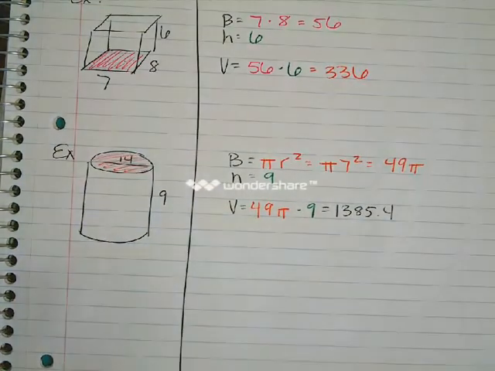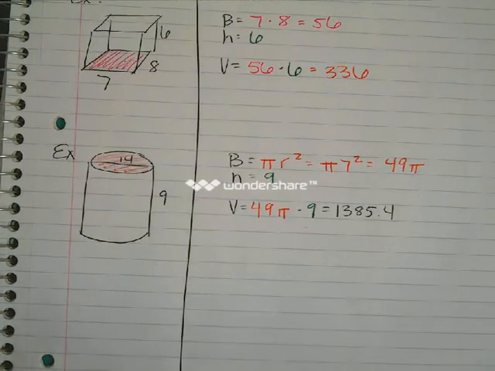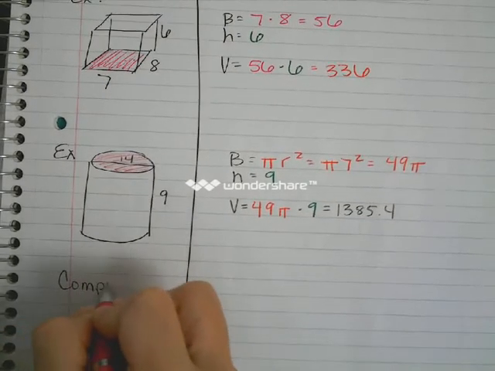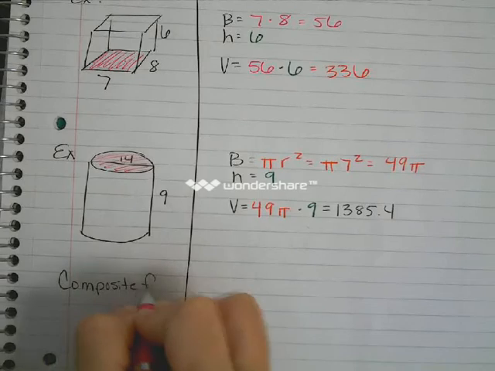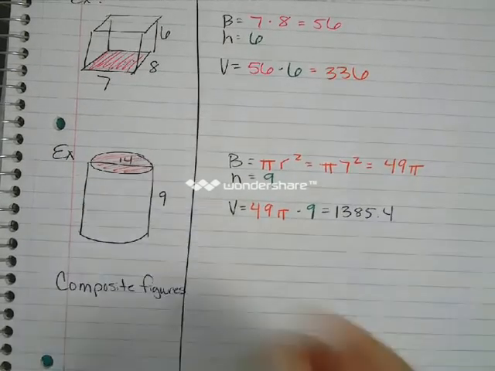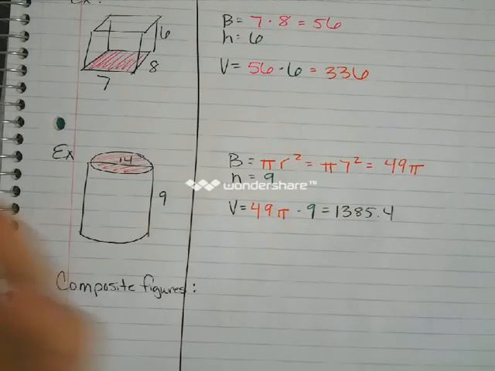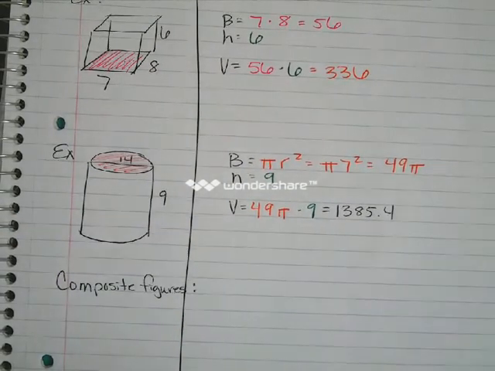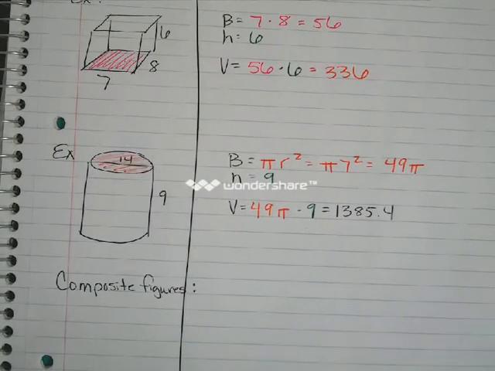The only other thing in this section is composite figures. Okay. The composite figures in this section, I didn't talk about them in the notes, but you did see them in the homework on the surface area, and I'll probably talk about them in depth in class. Just keep in mind the composite figures for volume are much easier